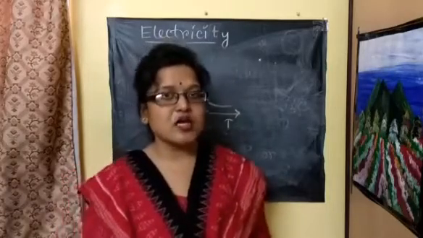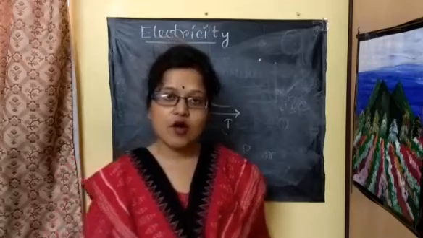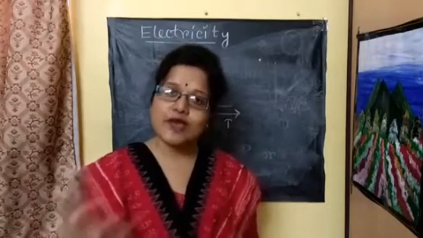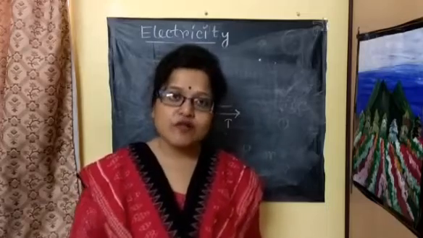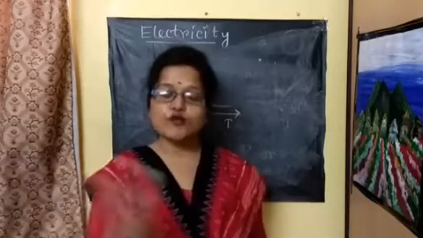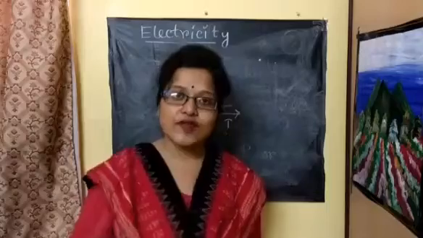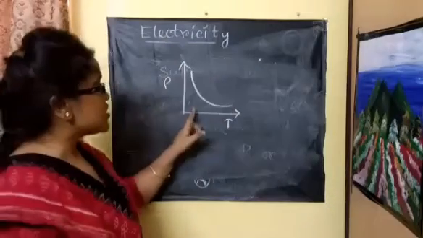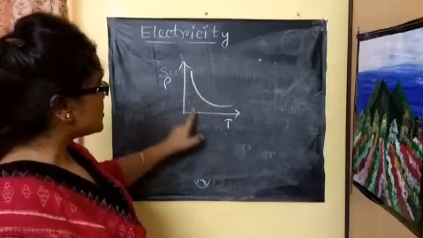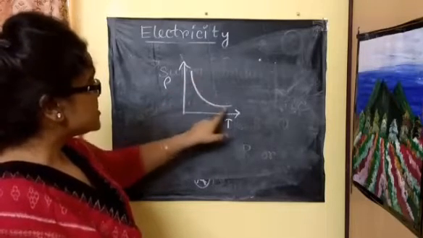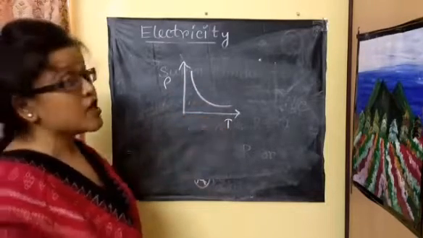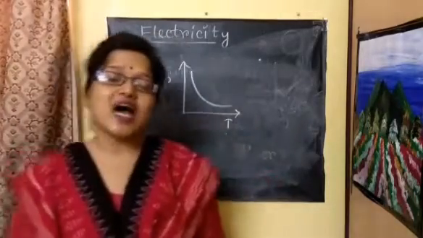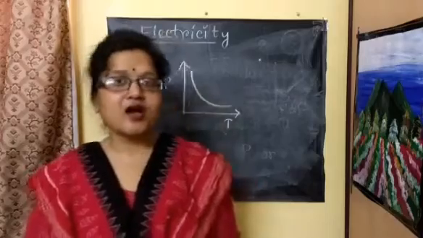Why will resistance increase? Because when temperature increases in a conductor, the thermal motion of the particles of the conductor increases. So if thermal motion increases, the opposing force given by the conductor also increases. Clear? This means more resistance will be offered. But as you see, the more I increase the temperature, the resistivity slowly decreases. So for a semiconductor, the resistivity has a non-linear relationship with the temperature.